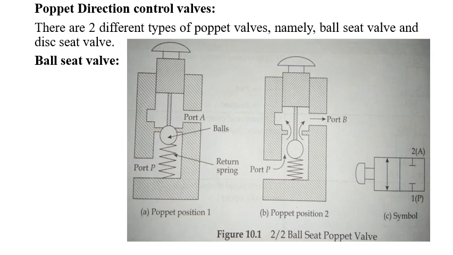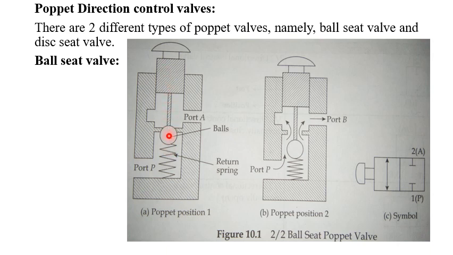In this sketch, we'll see the ball seat type of valve. See here, we can observe the construction. There is a ball which is connected to a lever, and above that there is a mushroom head button. If we push this, the hatched part and the rod and the ball, these are interconnected. When you push, the ball will be pushed against the spring. At that time the closed port, which is now in the closed condition, will open, because it will create a vent between the mating parts of the ball casing and the ball, against the springs.